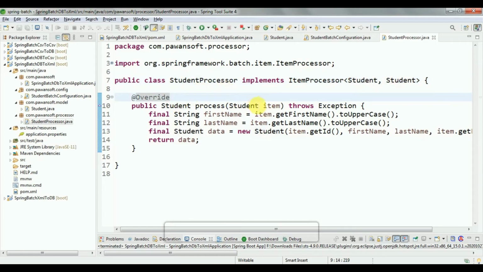In my case, I have the same input and the same output, and when you implement this ItemProcessor, you have to override the process method.